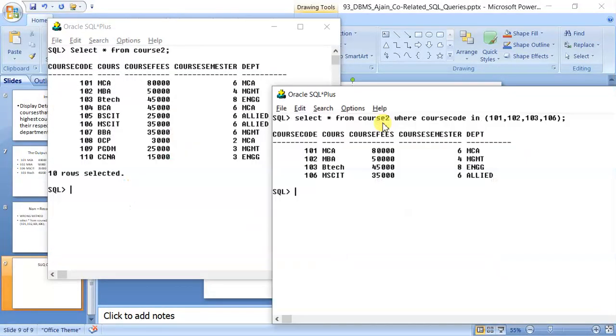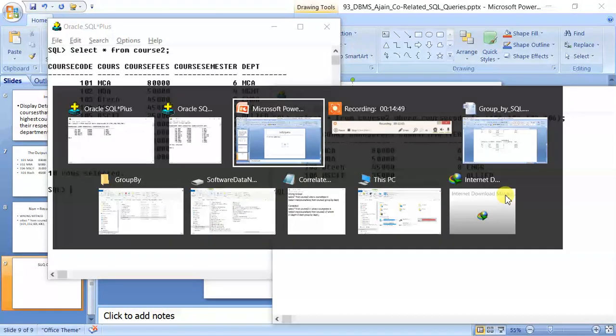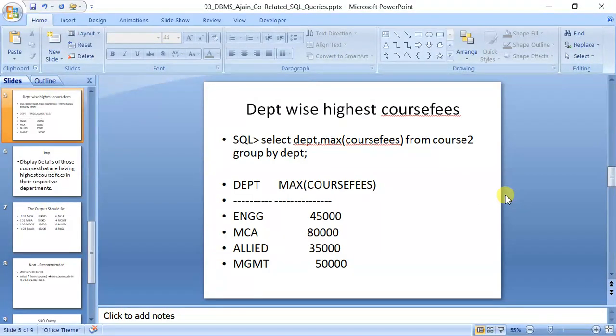What we will type, please see very carefully: select star from course2 where course fees in. Now, course fees in, I want to see those courses. Are you getting? I want to see those courses whose course fees come in this list. Which list? The list that contains the highest course fees of the respective department. So just now you must be remembering that we have written this query, this one, select